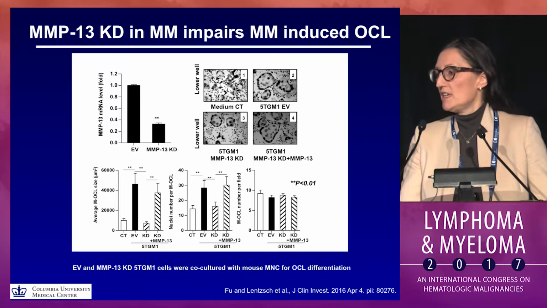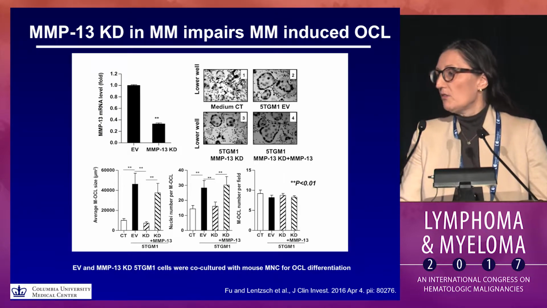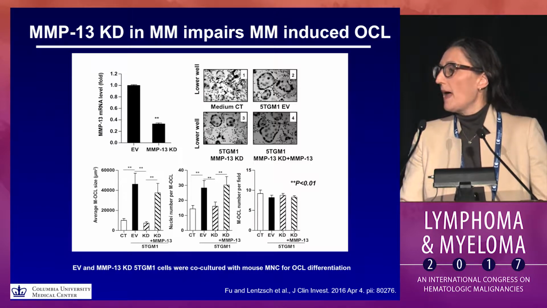And we used those cells with a lower expression of this MMP, the knockdown, in transwell assays. So that means in the lower part of the assay, we had our osteoclast, and in the upper part of the transwell, we had either medium, our 5T-GM myeloma cells with an empty vector, 5T-GM myeloma cells with a knockdown of MMP 13, or we tried to rescue the effect, and we added MMP 13 to the 5T-GM MMP 13